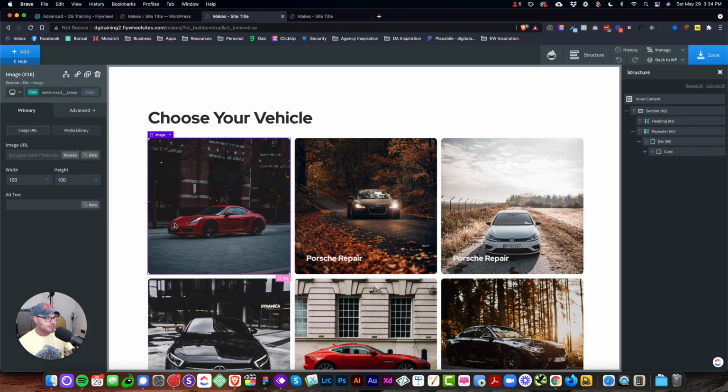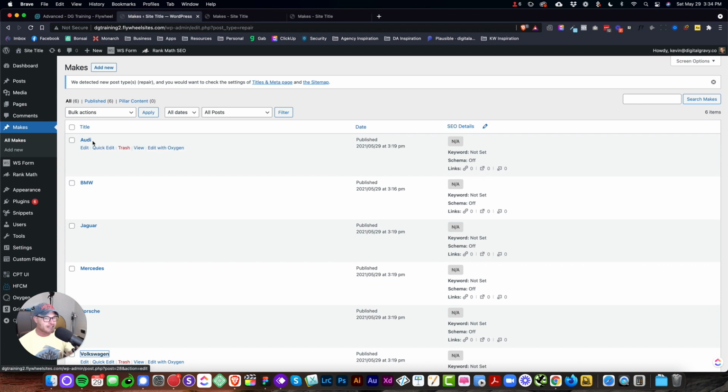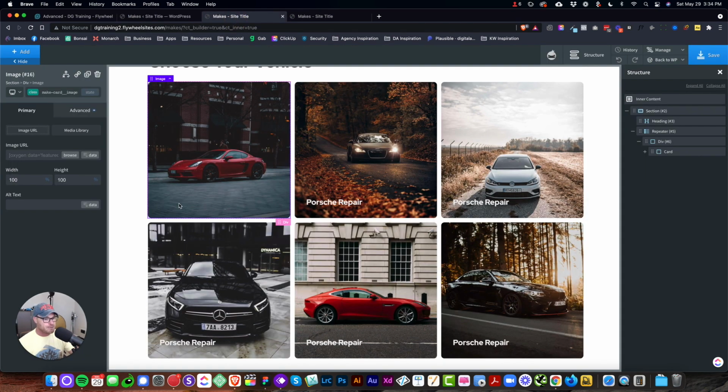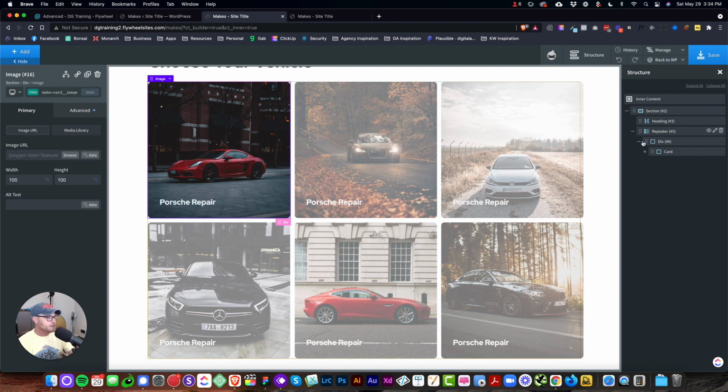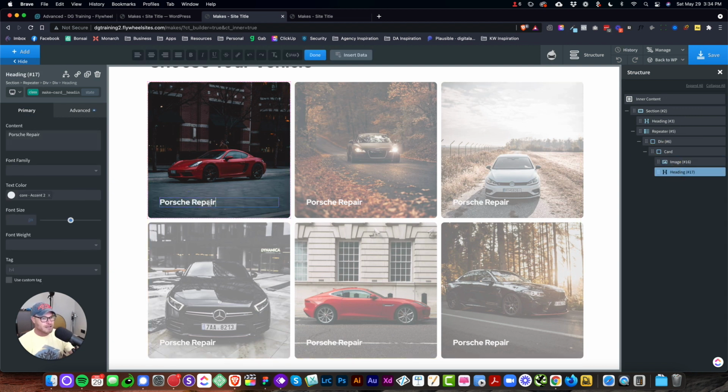And instantly you're going to see, boom, there we go. We have all of our images inside the cards. And then we're going to handle this. Now, remember our post type, if we look at it on the back end, it just says Audi. It doesn't say Audi repair. But for SEO purposes, I actually want it to say repair behind all of them. So no problem. So what I'm going to do is let's go into the card here, heading, double click, and I'm just going to highlight